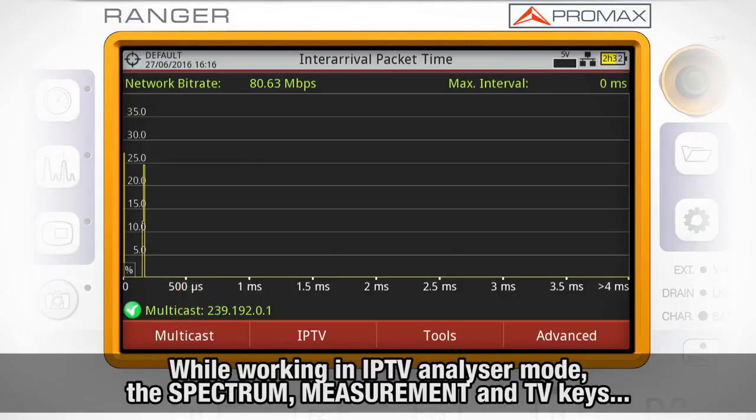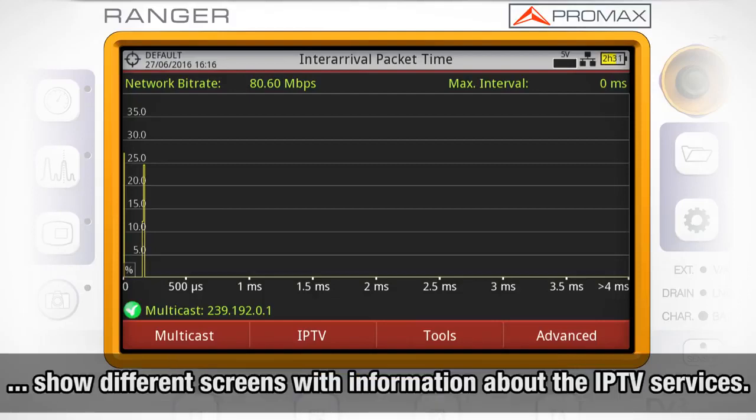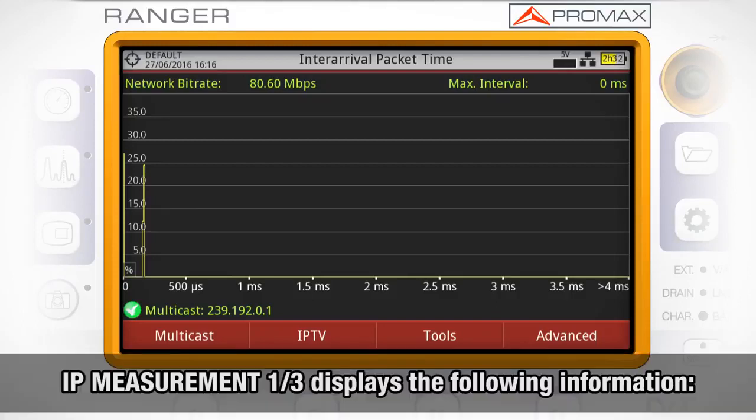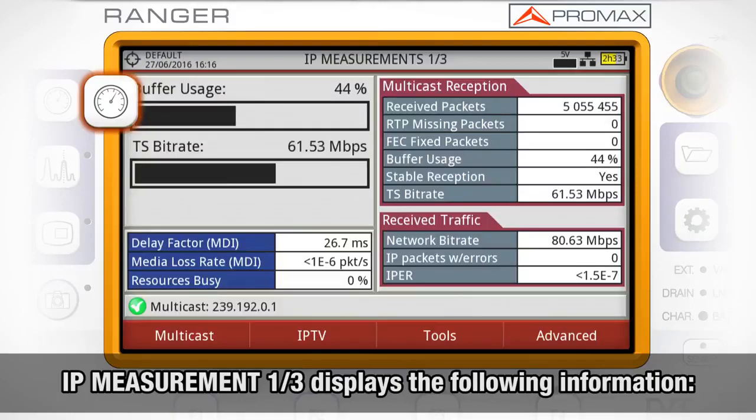While using the meter as an IPTV analyzer, the spectrum analyzer, measurement, and TV mode keys let us access different screens showing information about the IPTV services. The IP measurement mode 1 out of 3 provides us with the following information: